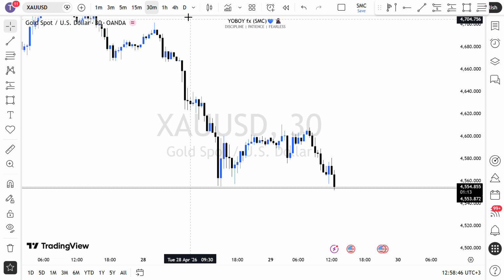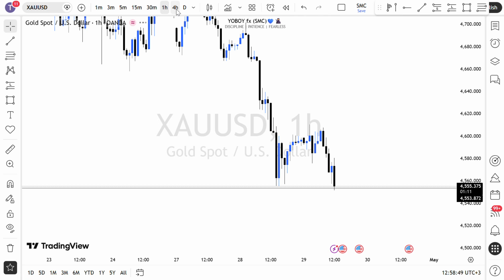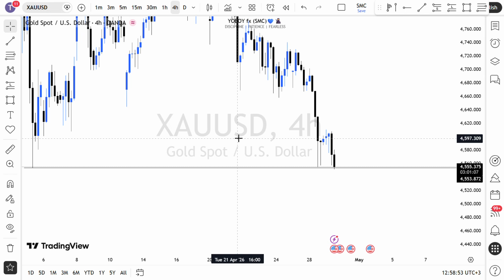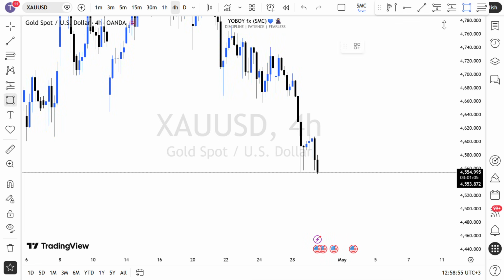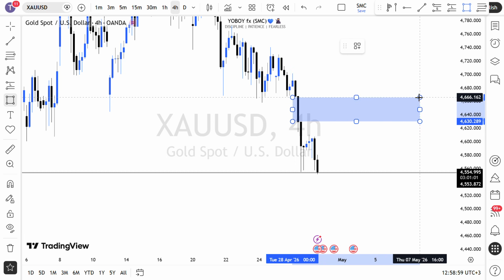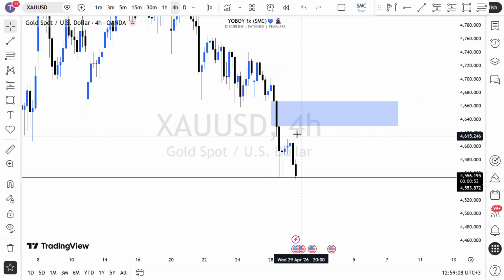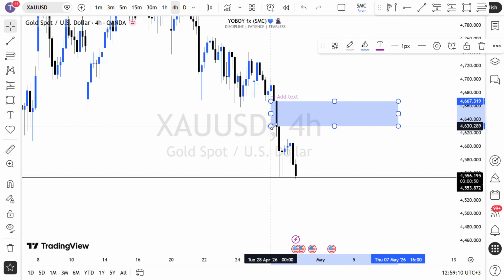So on gold, we have a huge drop to the downside, and from our last analysis yesterday, I thought price will be coming to fill this fair value gap, but eventually price will come back to fill these fair value gaps. But price seems to be having more selling momentum to the downside than having these pullbacks. But eventually we will still wait for price to come into these gaps to fill the fair value gaps,